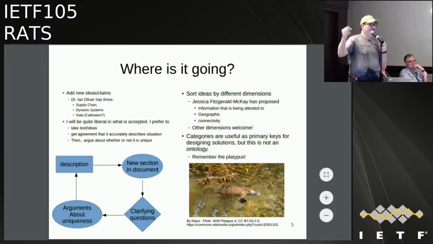And I think that we should categorize the use cases in a number of different ways. But ultimately, this is not about making an ontology of use cases, okay? If you know about the platypus, which I believe is a mammal that has a beak and lays eggs, but is warm-blooded, the question is, what category? It confused biologists for centuries, right? And that's not our goal.